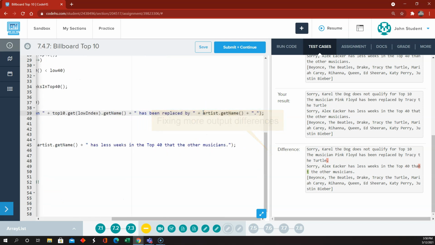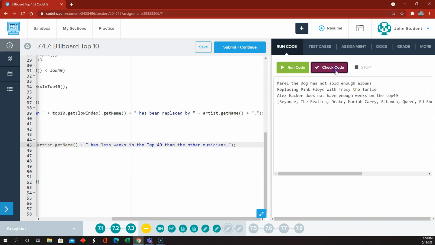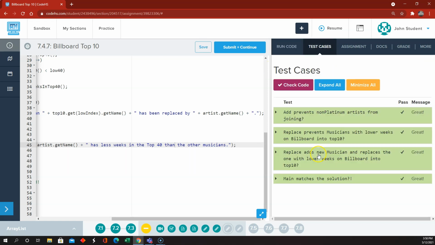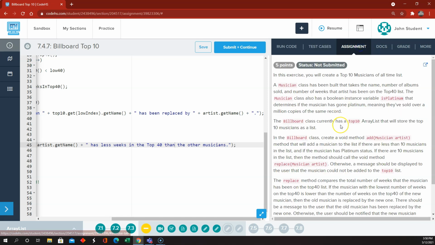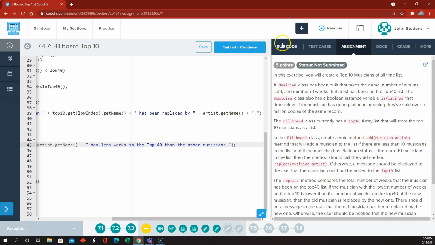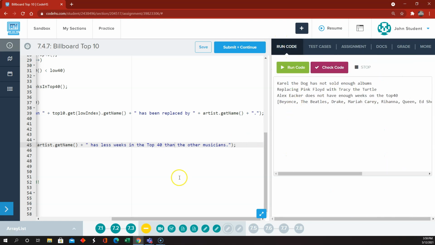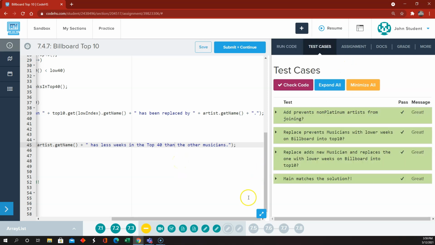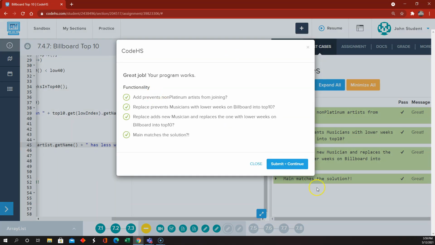And then has fewer weeks in the top 40 than the other musicians. Okay, so I just kind of wish that they would have said over here exactly what they wanted in quotes, so we didn't have to run the code 14 times to see what should be in the quotes. But anyways, we've done that, and so we're good, I believe, going on to